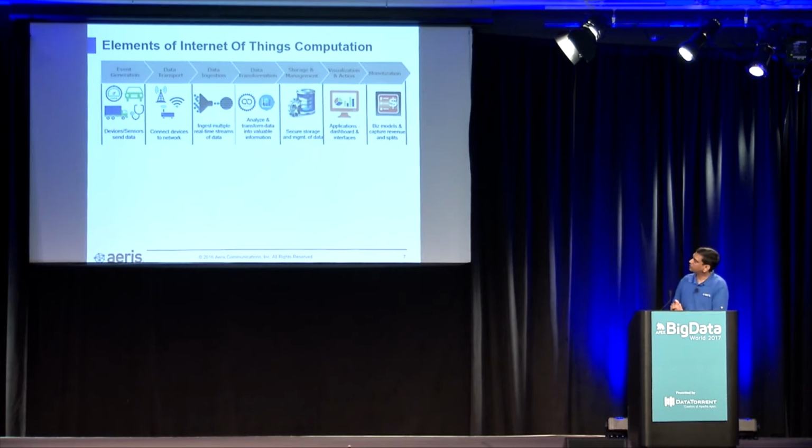Then, ingest multiple real-time streams of data. A lot of the time people immediately map stream processing to that, as it seems to be the natural fit for stream processing. But in my opinion, stream processing spans across all of these, as you will see further down. In our company, we have been using Storm for a long time, and now we have been migrating to newer stream processing technology for the ingestion. Ingestion can actually play other roles.